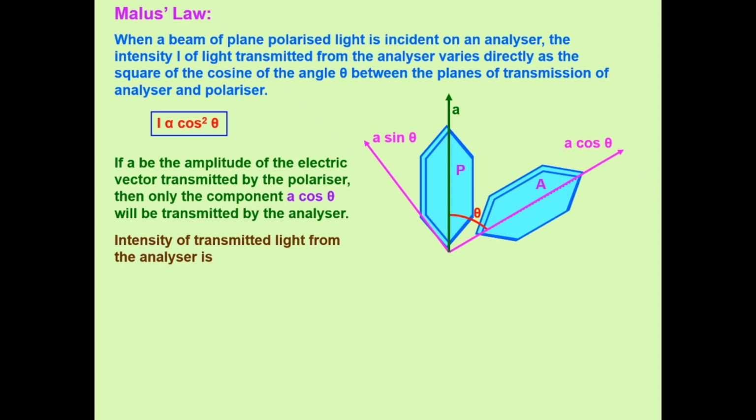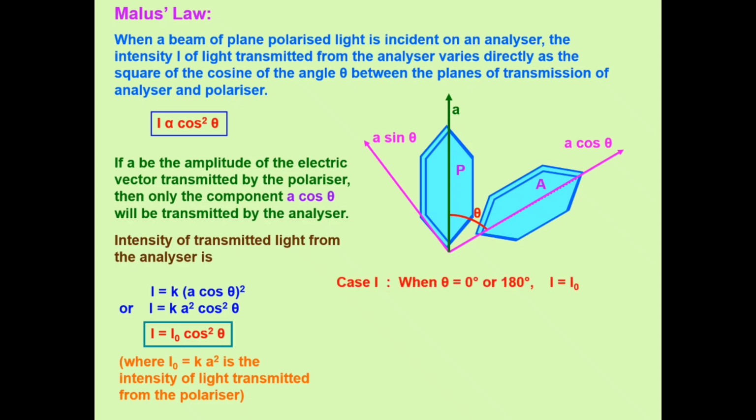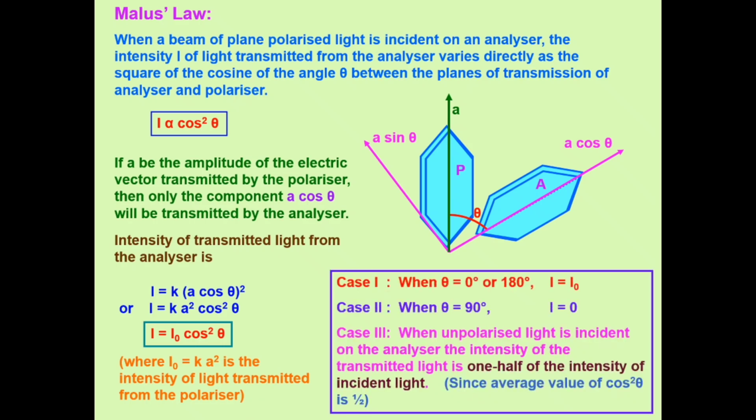If you take the polarizer axis and analyzer axis and align them, you can see I varies as cos square theta, because the sin theta component is perpendicular and restricted, so only the cos theta component comes out. Just solve this problem and you get I equals I naught cos square theta. When the angle theta equals 0, you get the maximum intensity I equals I naught, and when it is perpendicular, I equals 0.